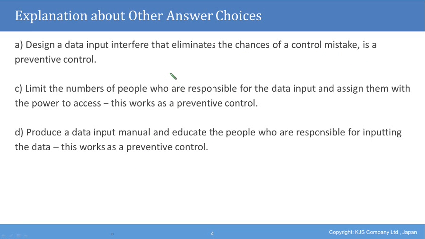In all three of these cases, we see that these actions are taken to prevent something from happening in the future or to change what can happen later on. None of these are working with something that has already happened in the past or the present. And that is why they are all preventive controls and not discovery controls. So they are all the wrong answer. So in this case,